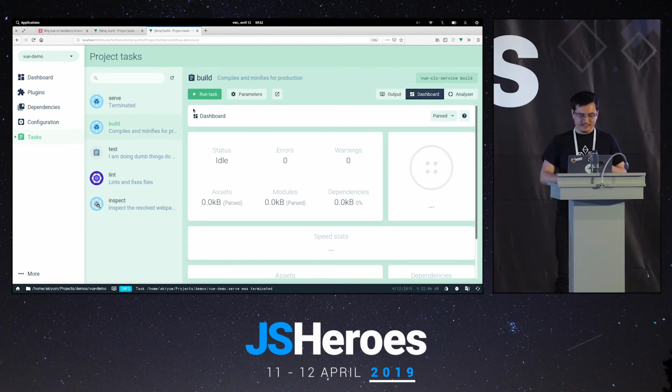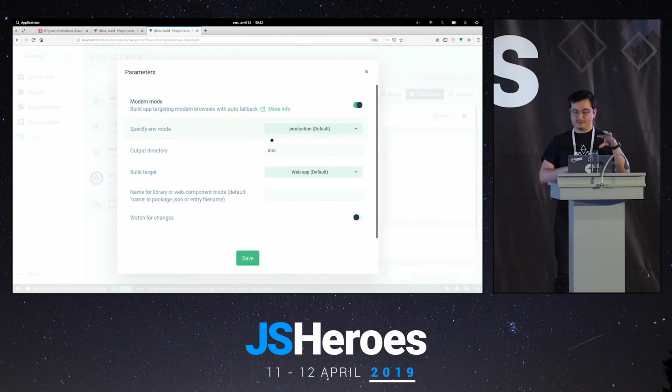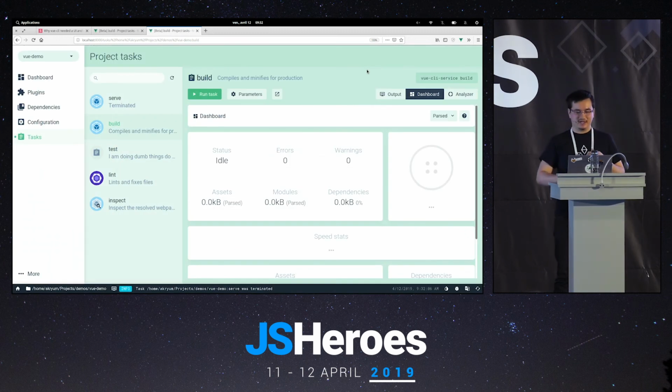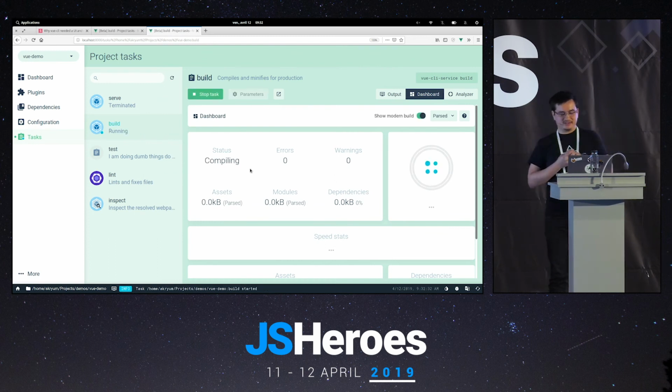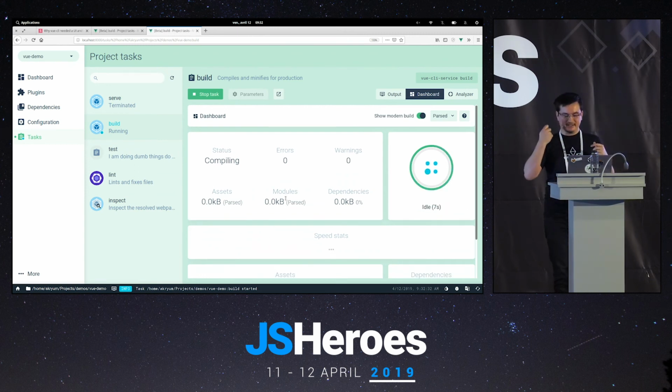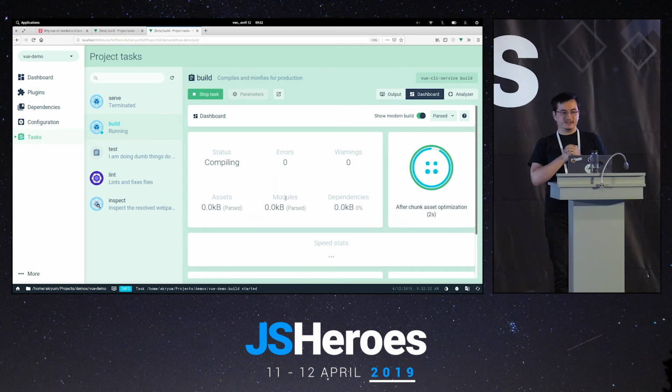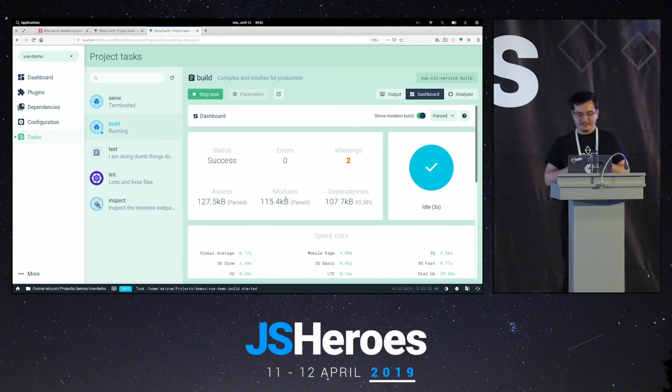And the nice thing is you can also go to the parameters of the task and enable, for example, modern mode, which is gonna build two versions of your app. One is gonna be optimized for modern browsers. So that's why we have two different progress bars here. The green one is the legacy bundle, which is gonna support all browsers like IE, and the blue one is the modern mode